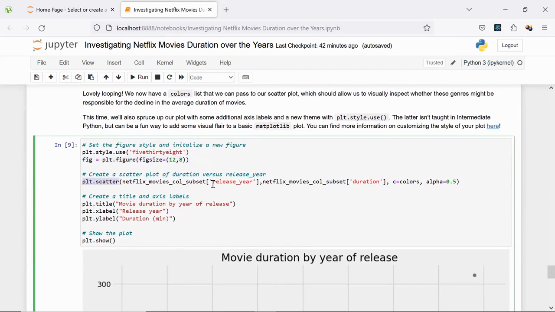So here the x-axis holds the release year and the y-axis holds the duration, and c equals color and alpha equals 0.5, which is the transparency. So now we have to make the title, x label, y label, and plt.show, control enter, and boom, you can